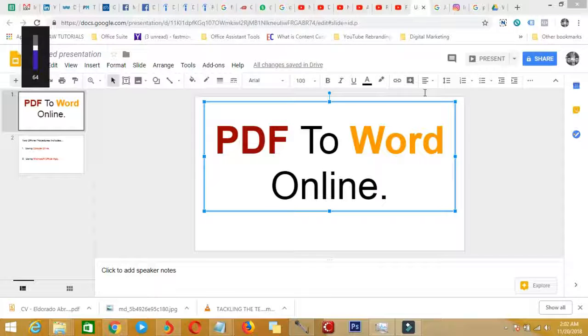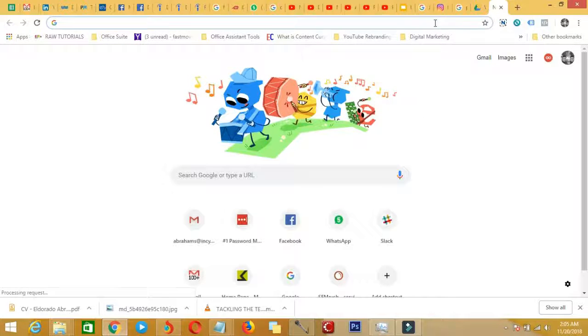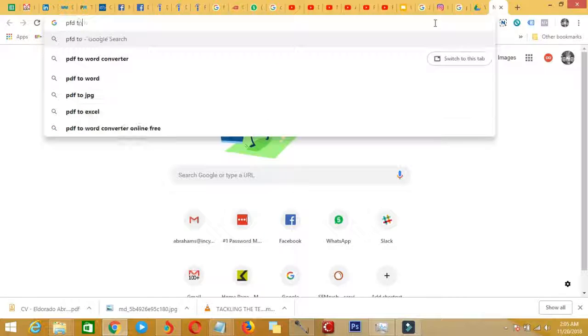I'm gonna be teaching you how you can easily convert your PDF files into Microsoft Word equivalent online without using any paid software, guys. So without wasting much of your time, we're gonna just do a very quick one here. All you want to do is head over to google.com and type PDF to Word converter,